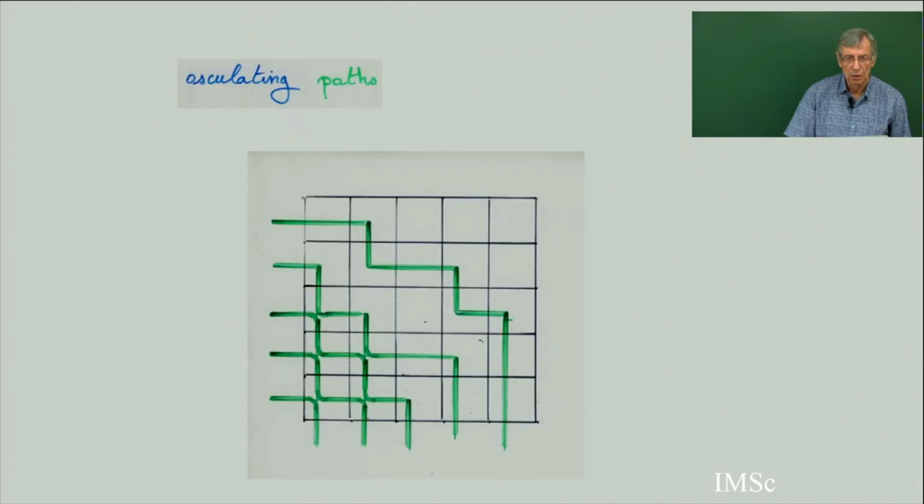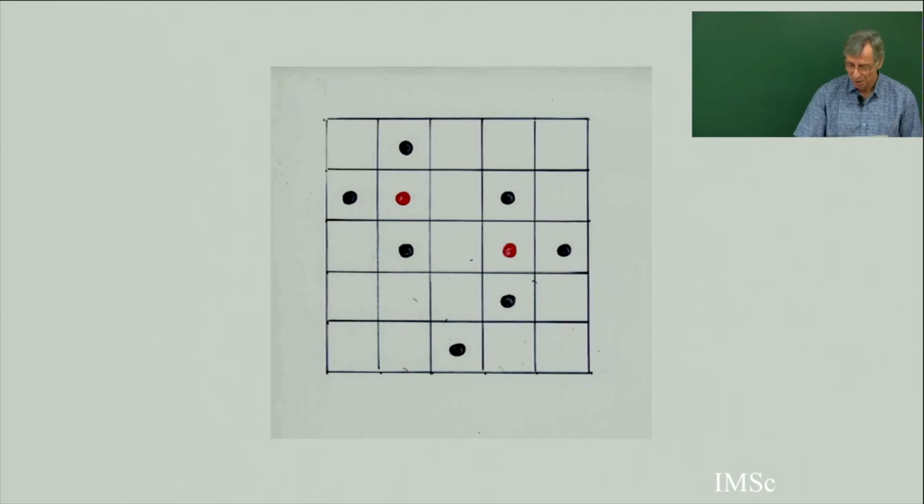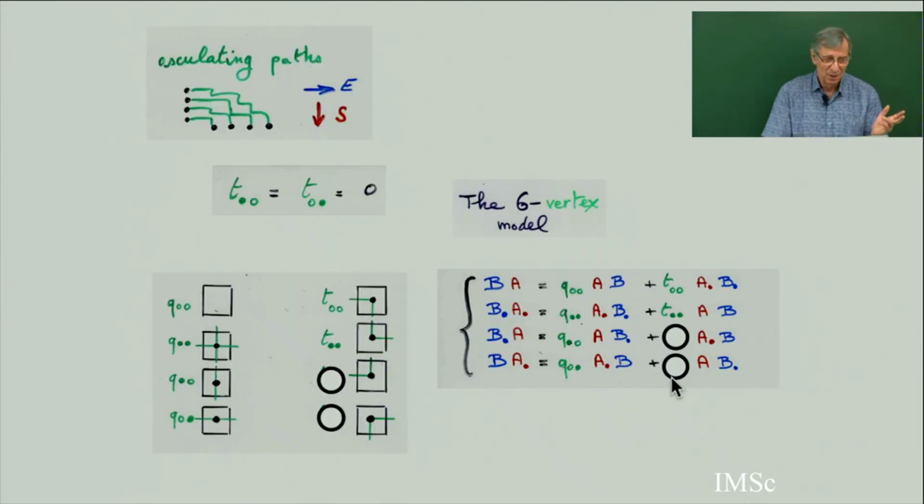For such configurations, it's much more difficult to enumerate. There is no general formula. It's more difficult to enumerate osculating paths. So each time you have in this system of equations only 2 terms equal to 0, the difficulty increases. 3 terms is the classical thing: binomial, determinant. If you take only 2 terms, some people try to express such a number as a sum of determinants or a sum of Pfaffians or something. It's an open problem in the general case to compute this coefficient. Is there a general way involving determinants? Or?